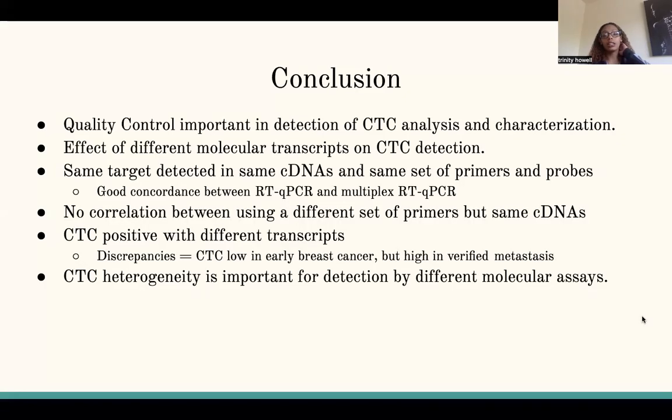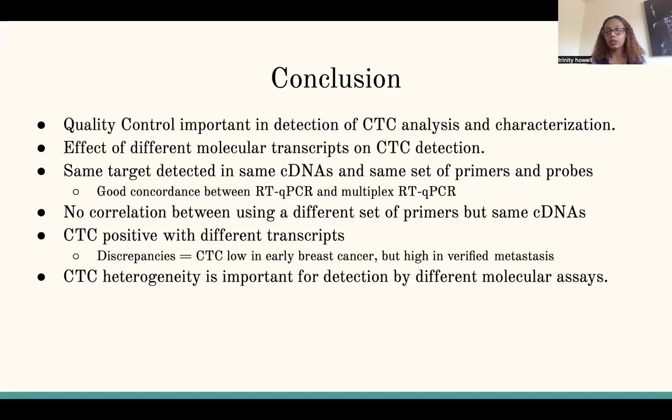So for the conclusion, quality control is obviously important in detecting circulating tumor cells, analyzing them, and the characterization of circulating tumor cells. It has an effect on different molecular transcriptions on detection of circulating tumor cells. So the same target detected in the same cDNAs with the same set of primers and probes gives a good concordance between RT-qPCR and multiplex RT-qPCR, but there was no correlation between using a different set of primers, but with the same cDNAs. CTC positive with different transcripts causes discrepancies, which is